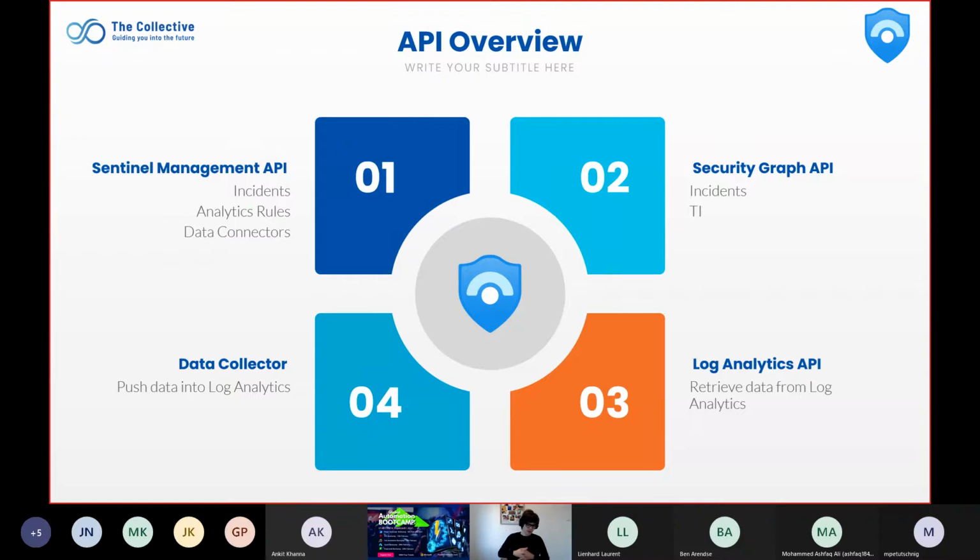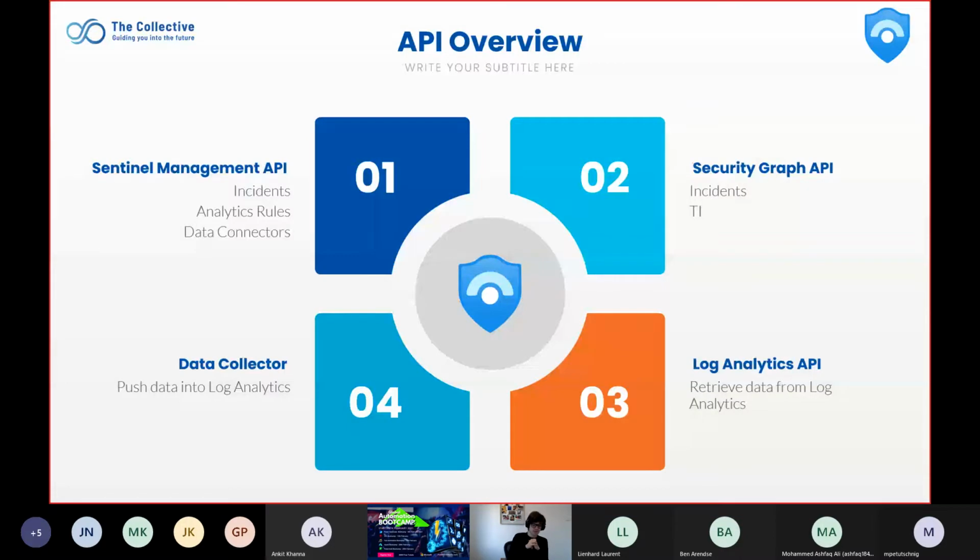And then the other Log Analytics API is the data collector, and this can be used to push data in. So I talked about data connectors, data collectors. Sometimes you have the need to create something custom because Microsoft, for example, doesn't support your specific product that you want to ingest logs for. So if you want to build something custom, you have to use the data collector API to push that data